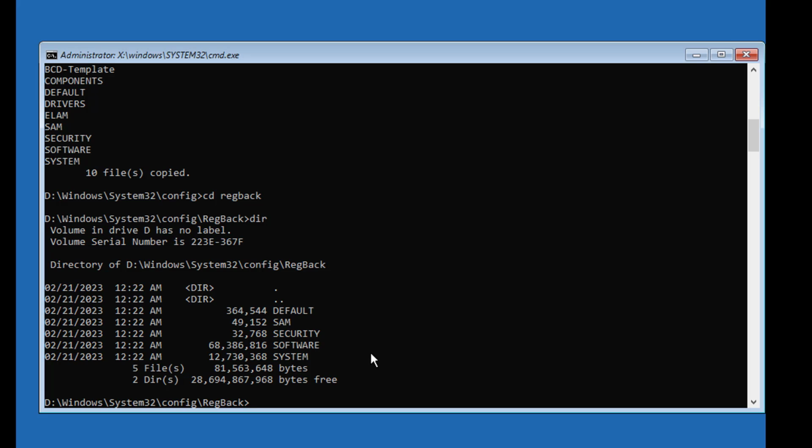Check the file size. If the file size is more than 0 bytes, you can proceed to the next steps, otherwise exit and follow another method. Copy ***